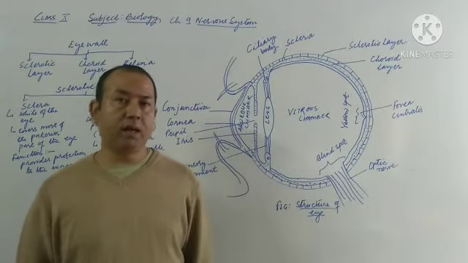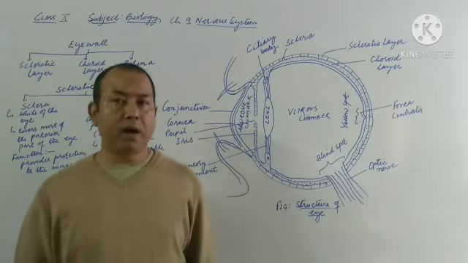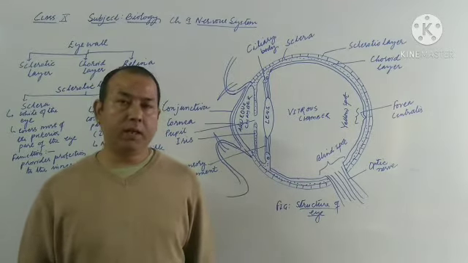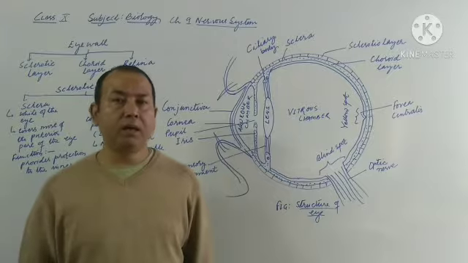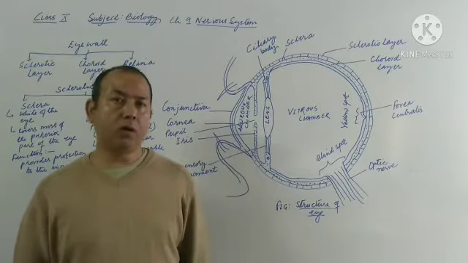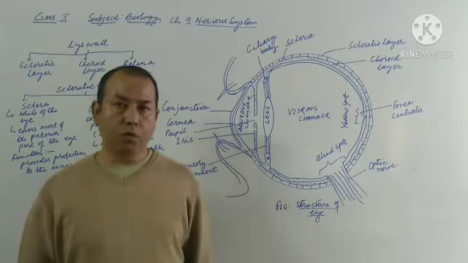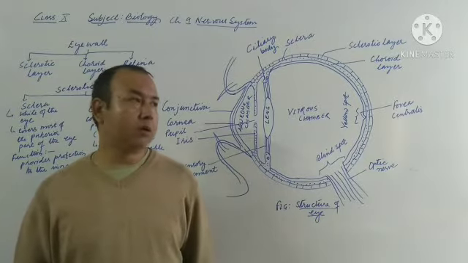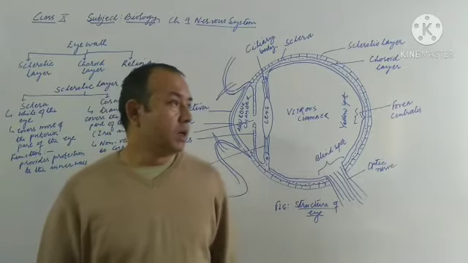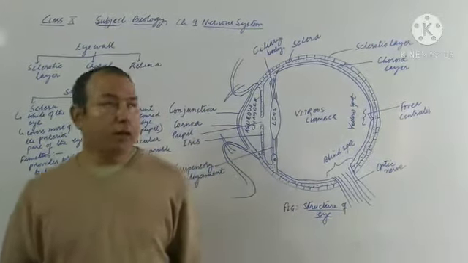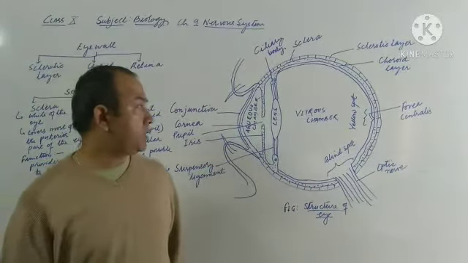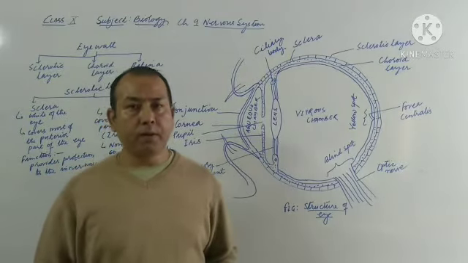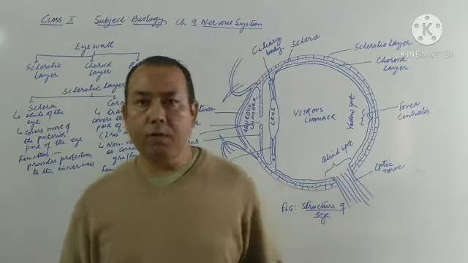Now you need to understand here, student, that the study of eye is referred to as ophthalmology. So that is why if someone has a problem with the eye, he or she has to look for the doctor, ophthalmologist. Okay, so the person who studies about the eye is usually called an ophthalmologist. Now here, while studying about the internal structure of the eye, first we'll start with the eye wall.